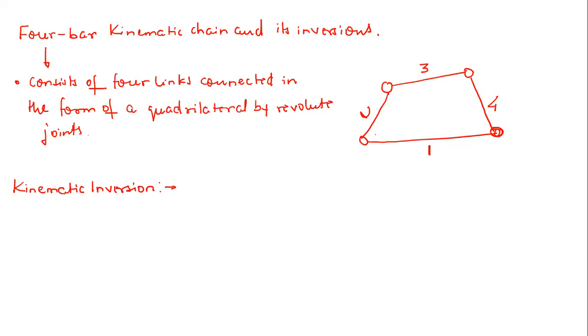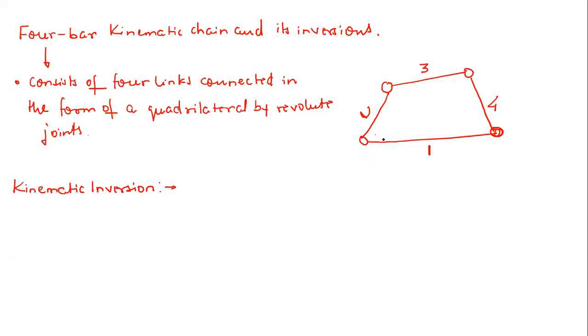Sir, if we fix the link which is connected to 1 and 2, there is 1 point. Then after 2, the 1, 2, and 3, if we connect to the ground or join something, if we fix that, then it is second. On the left, on the right side, it is third, and below it's fourth.